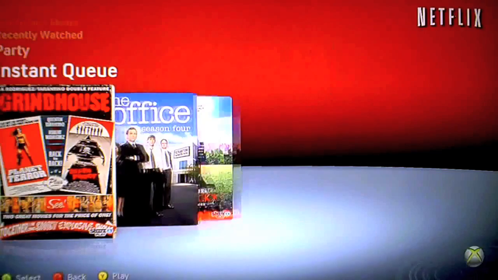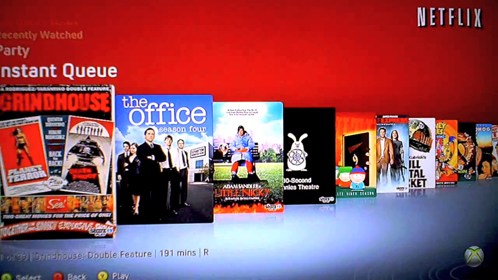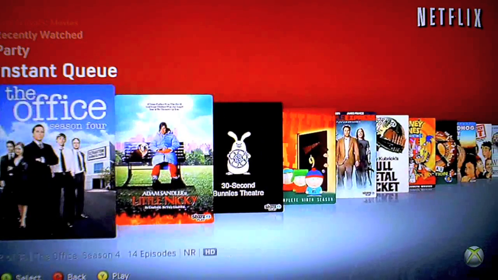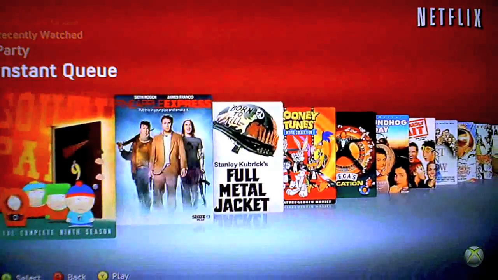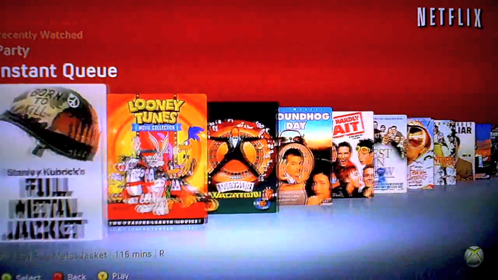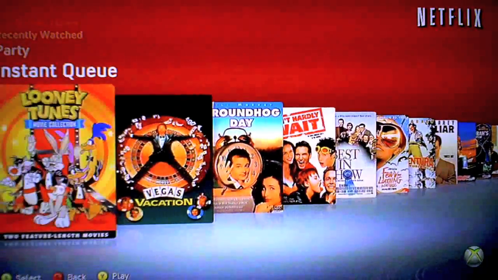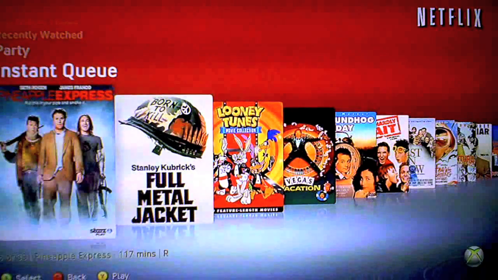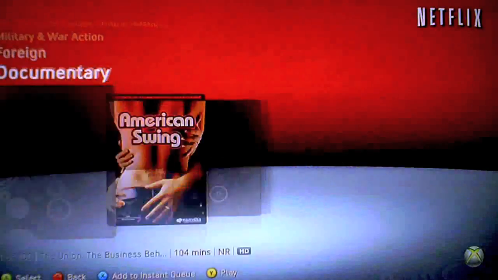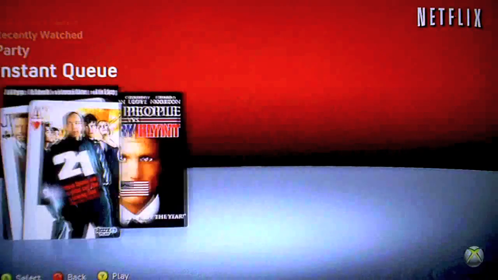So once we load it up, you'll see that you have your instant queue. For those of you who don't know exactly what an instant queue is, or are kind of new to Netflix, an instant queue is you go on the website, or you can do it through here, and I'll show you how. You have an instant queue of all the stuff that you like to watch or want to watch in the near future. So say you go through and you see all the different movies that you might want to see, and you see, let's say,